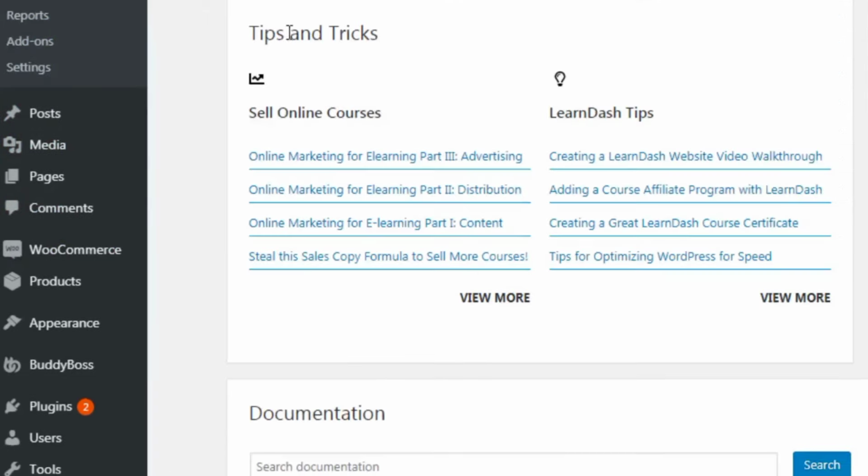I want to point out that in addition to all the features that LearnDash offers you, it also offers you a lot of helpful documentation and learning information. A lot of times when you purchase software or get access to web applications, they don't really offer you enough information on how to implement their plugin.